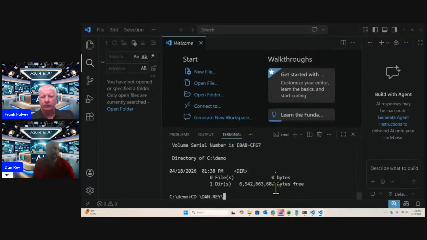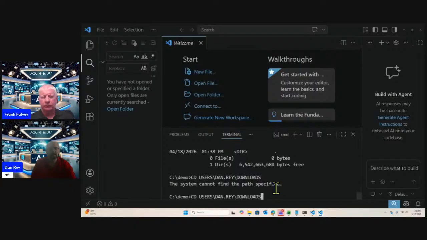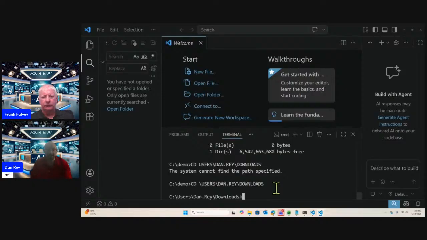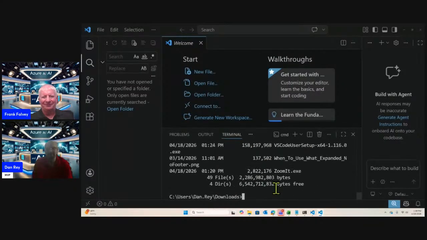in downloads. I think it's users first. Oh, I need a backslash here. Like anything programming or command line, it's very unforgiving if you do your commands wrong. So now if I do demo file virus,